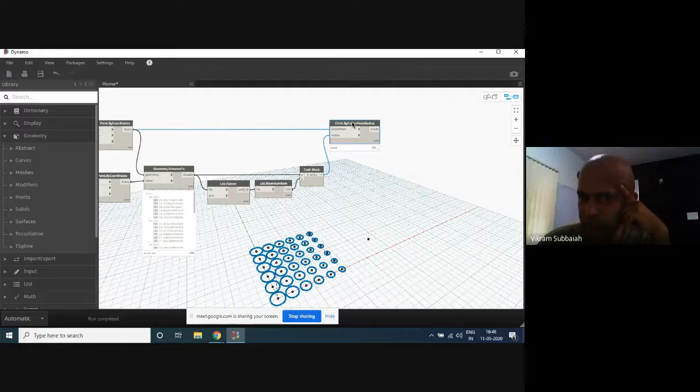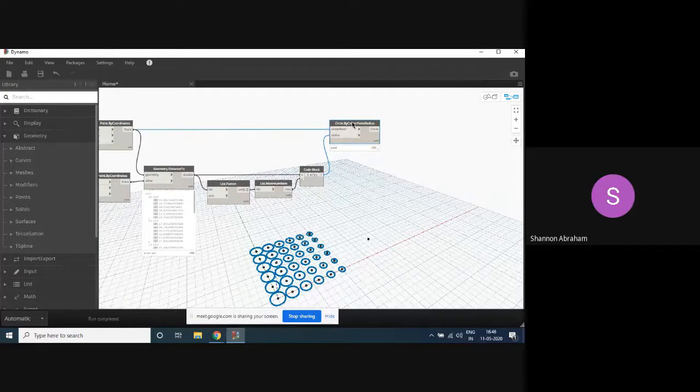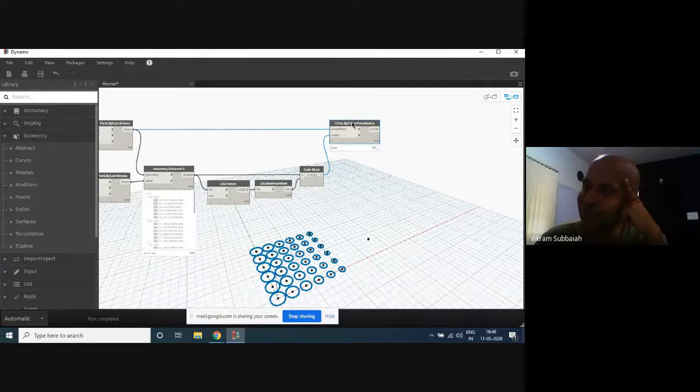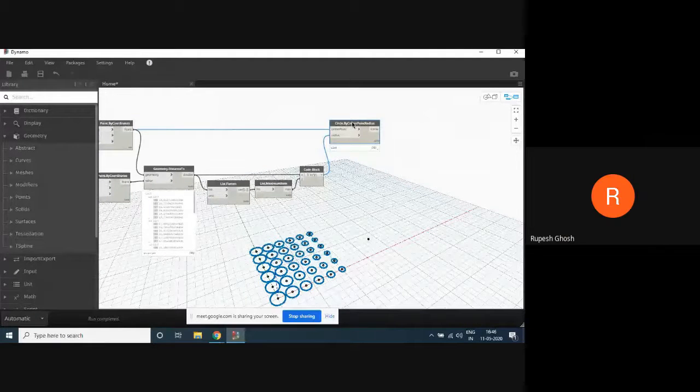Do you all realize that you have actually got all the concepts for Rupesh's project? Yes, sir. Yeah, sort of. But we have to work on it. So Rupesh, do you think you can come up with your thing based on what we've done so far? Can you use the pyramid concept on your entire facade? Yeah, I think I can.